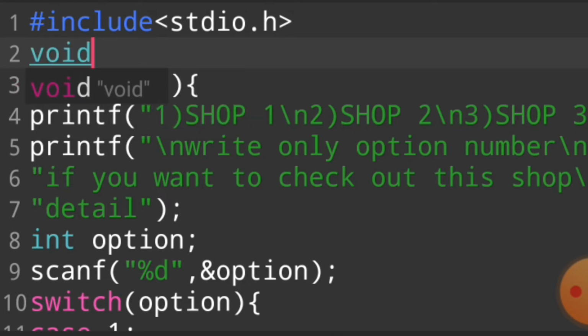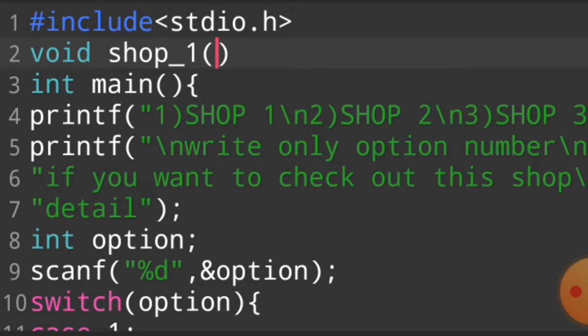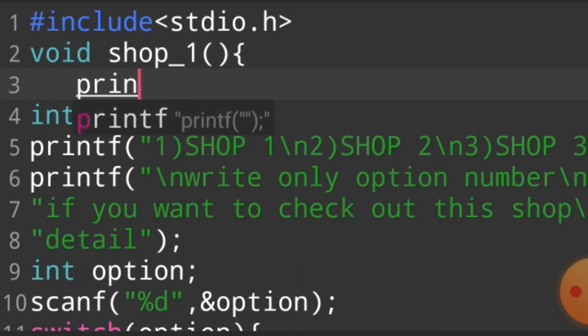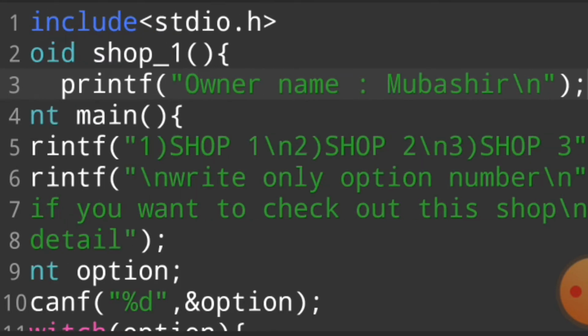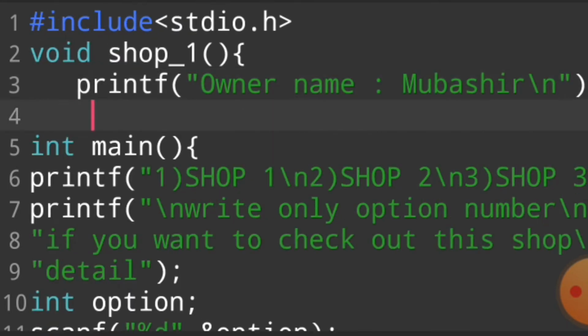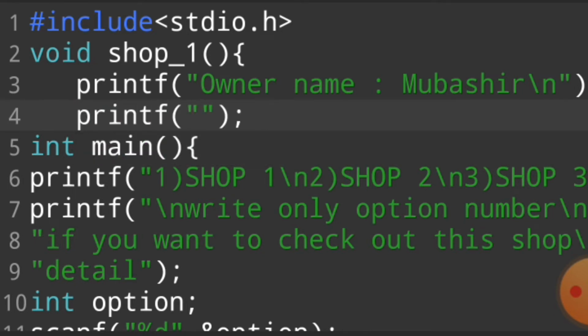We write void function shop 1. First of all, we use printf: owner name Mubashir.